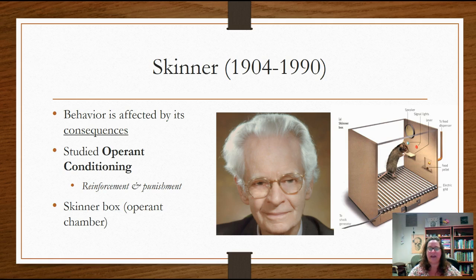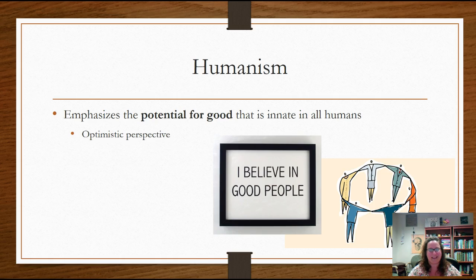So he would have them, maybe the rat push a lever, and they might get a little hint of sugar water or cocaine. And that would be a reinforcer for them. They'd be like, ooh, delicious. And you'd see them start then pressing the button more often. Or they might get a little shock. That's a punishment. We don't like shock. So they would stop pushing that button. So that's kind of how Skinner would do his work. But we'll talk a lot more about these people in depth as the course goes on. We're getting there in our founders.